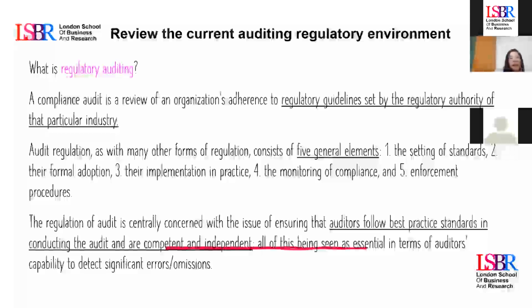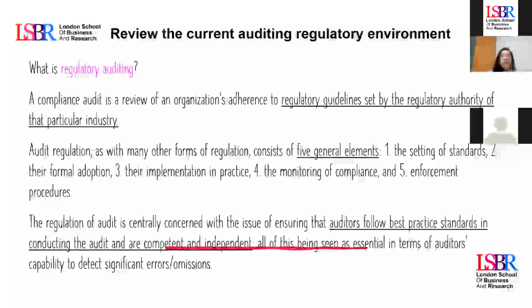And a regulatory audit has 5 general elements. First of all is the setting of a standard. So we need to identify what are the standards that the external auditor is going to cover, for example, tax standards, or maybe, if it's a public company, the framework created by the Securities Exchange Commission. So we need to identify what are the set of standards that we are going to